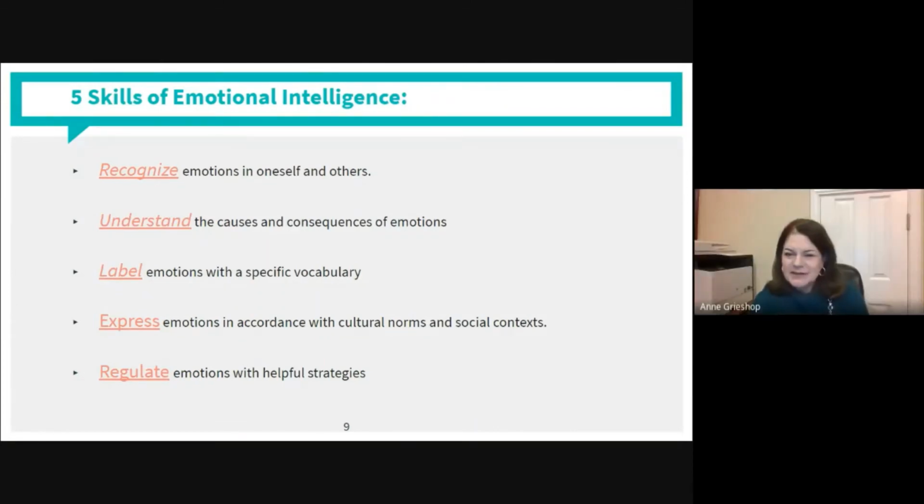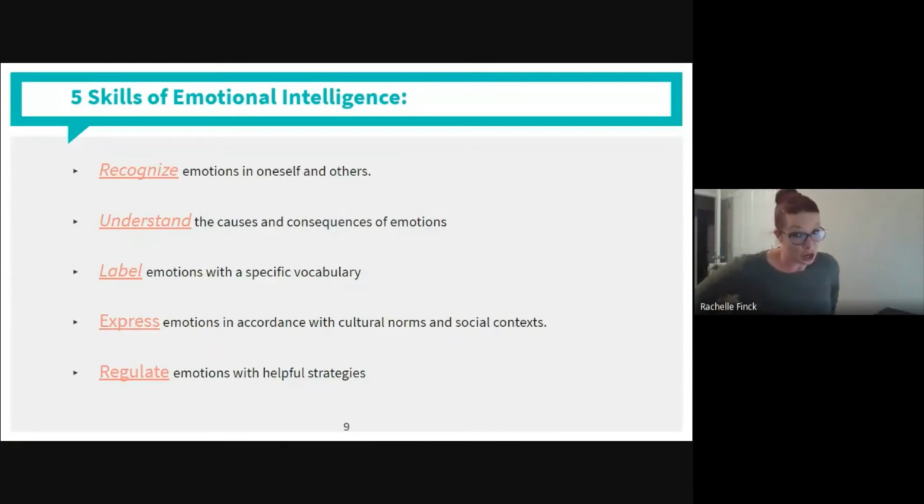It looks like the scope is definitely out there. Understanding, recognizing, labeling, they're hitting them all. I think one of the things that is not uncommon that I'm not seeing a lot of is expressing and regulating, because that's the really hard part at this age too, right? That's the part where you're like, but I don't know how to regulate a kiddo that's super tired when we have all the other things happening around us. That's an area that we as adults don't necessarily have a lot of control over. So some of the things that you will find,